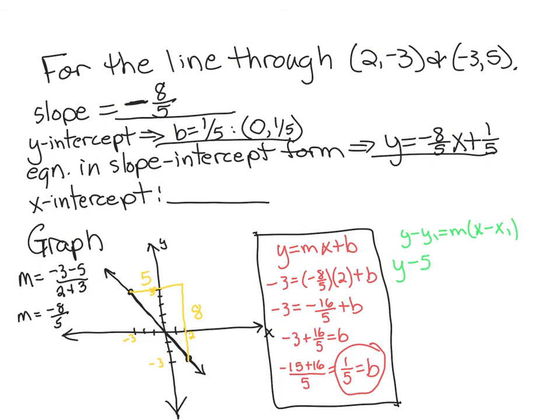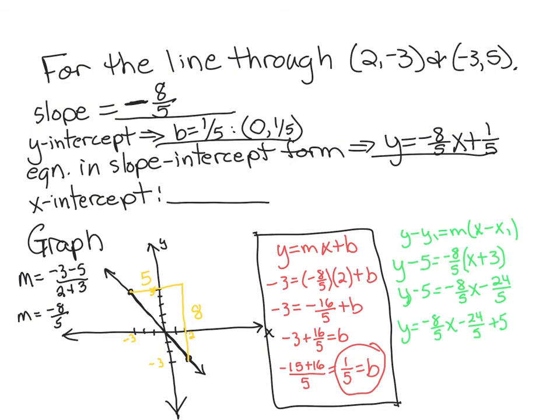So y is 5. My slope is minus 8/5. x minus the x value that goes with 5 is negative 3. So when I subtract a negative, I'm adding. So y minus 5 equals minus 8/5 x. There's mx. And then minus 8/5 times 3 is minus 24/5. y equals minus 8/5 x minus 24/5 that was there,